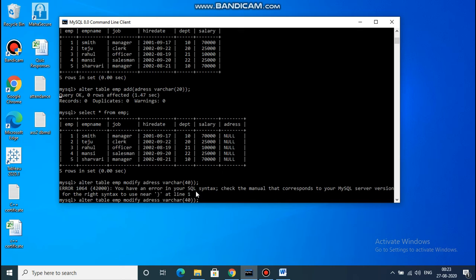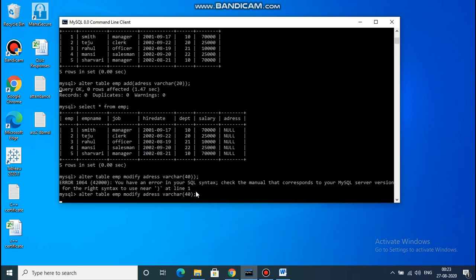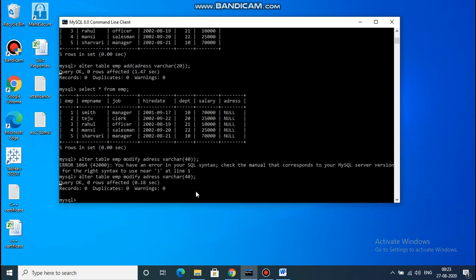Alter table EMP modify address varchar. I have given an extra bracket, that's why the error was there. So you can see here with the help of alter command we have modified the size.